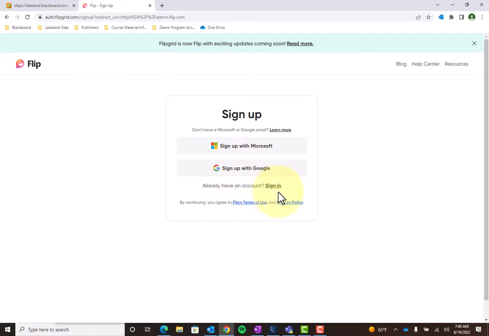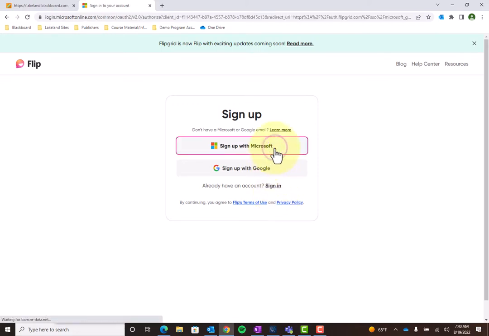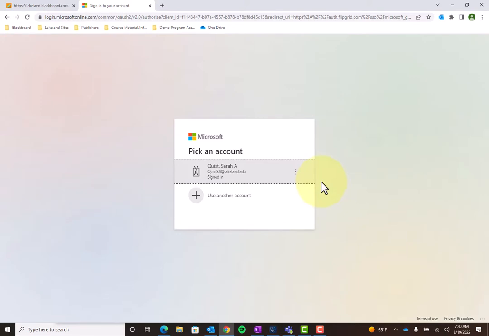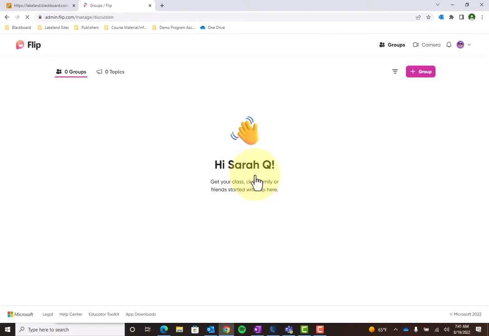If I was signing up for the first time, I would press sign up with Microsoft to use my Lakeland email account. Now I already have an account, so my email is showing, but if you were new, this is where you would place in your email credentials to create an account. So I'm just going to press my email. And when you first log in, you're going to come to this home page,